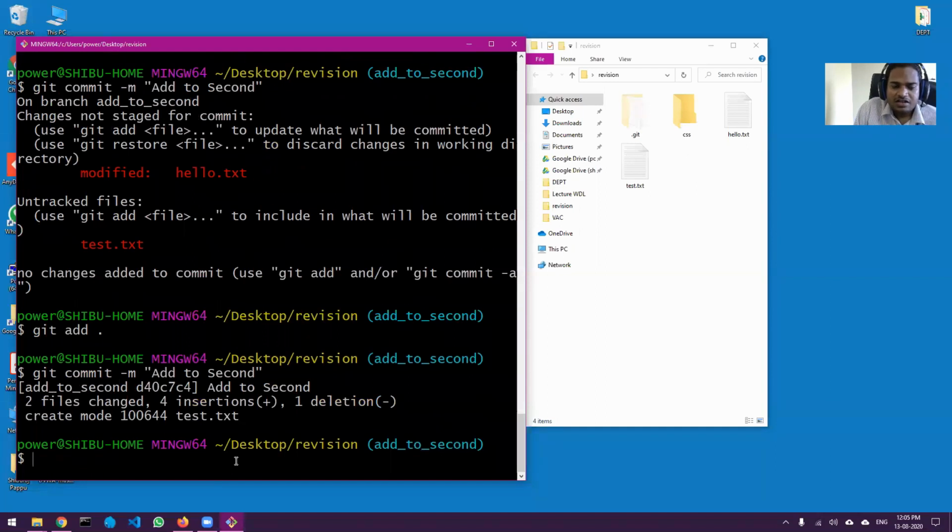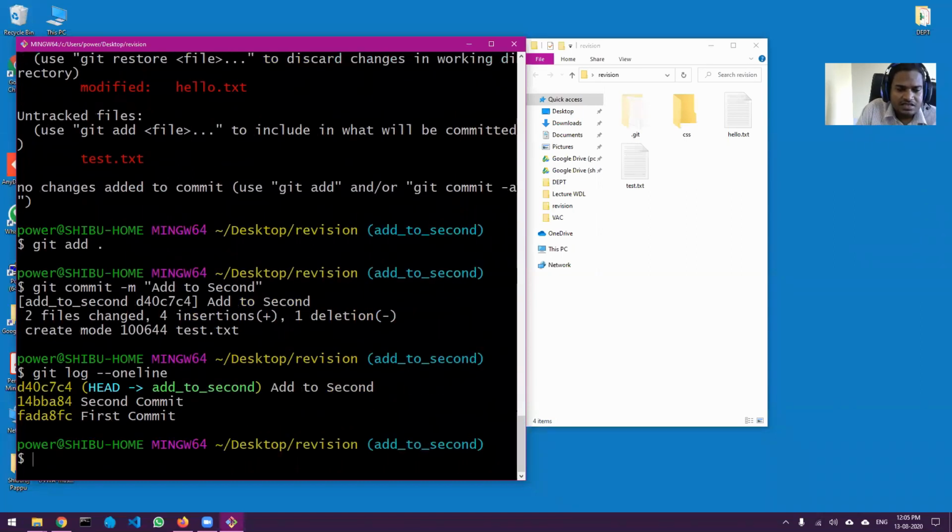Now let me check git log. You can see it is showing me these things, but I want to see a much more detailed view. So I can add --graph, then --all to show everything, both the master branch as well as the feature add-to-second branch.